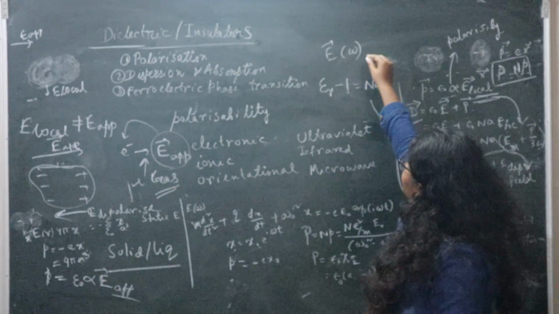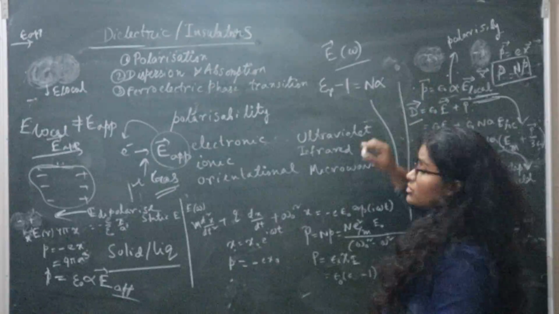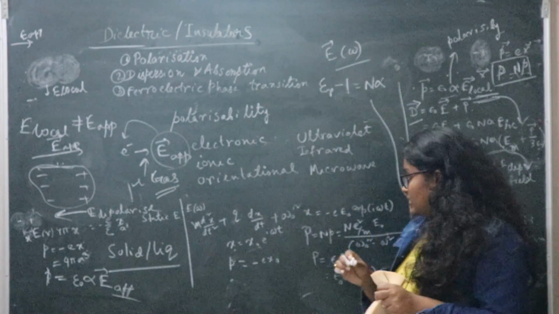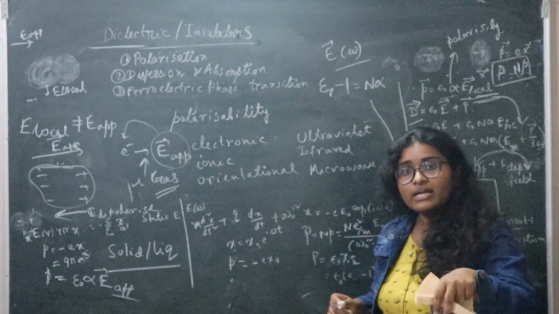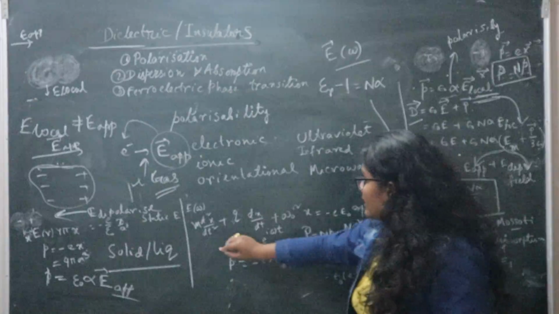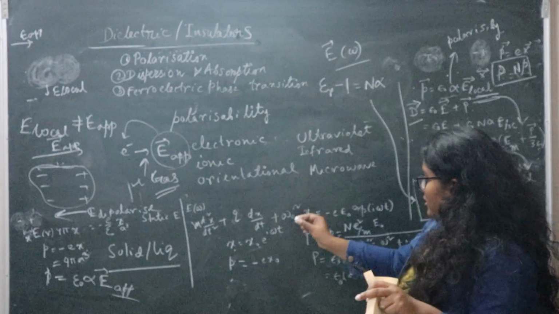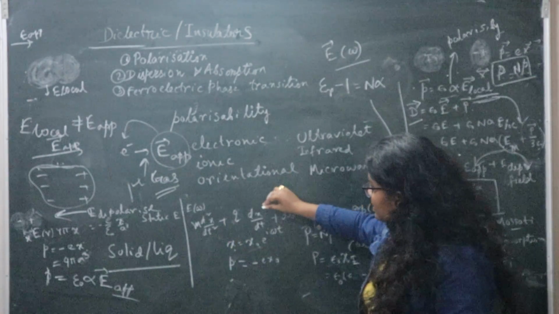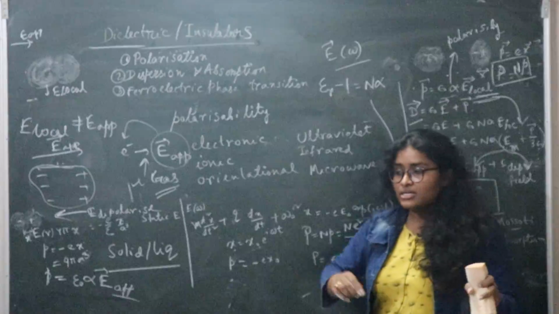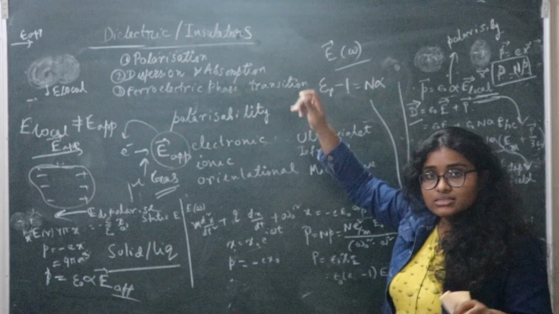So whenever you apply a frequency dependent electric field, the electrons will move. The electrons will also oscillate due to this frequency variation of the incident electric field. So the equation of motion of the electron will be, taking the displacement as x, m d2x/dt2 plus q, a damping factor, times dx/dt plus omega naught square x equals the applied electric field. This is the motion of a forced vibration. The electron is doing a forced vibration under the frequency of that incident electric field.